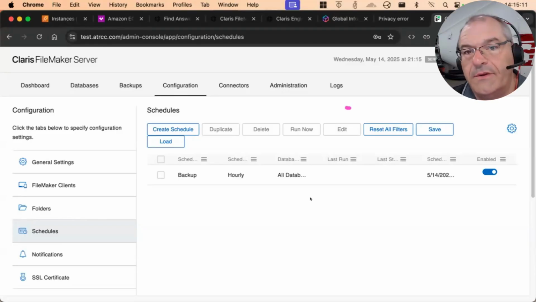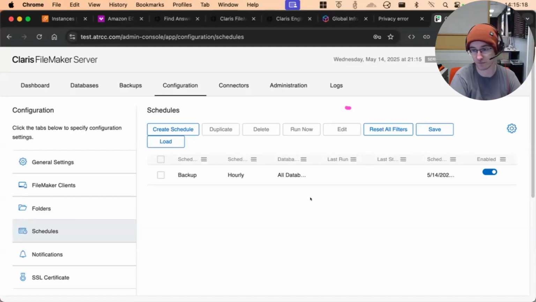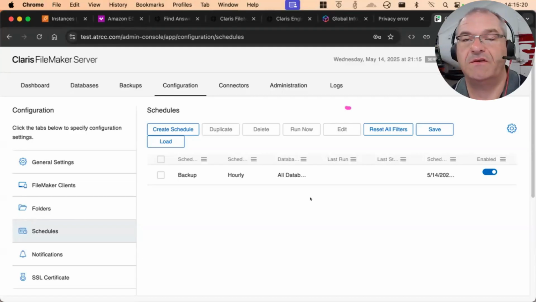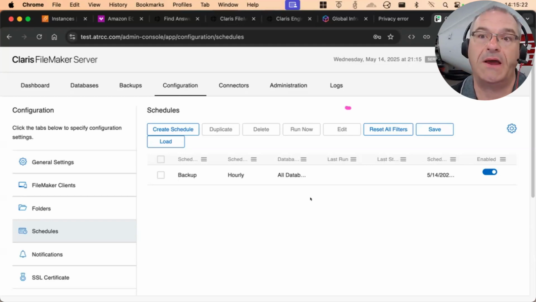So, let me help everyone out here. The answer technically is it might work, but the overarching strategy, and I agree with Jacob, is this: a couple things happen when FileMaker's running a backup. It pauses the database, essentially locks users out. They're stuck. If it runs over a very slow backup, those users are going to be locked out for a long time. If you run a backup every 15 minutes, someone is going to run into that at 1 or 2 o'clock in the afternoon when they're trying to get a report done, right?